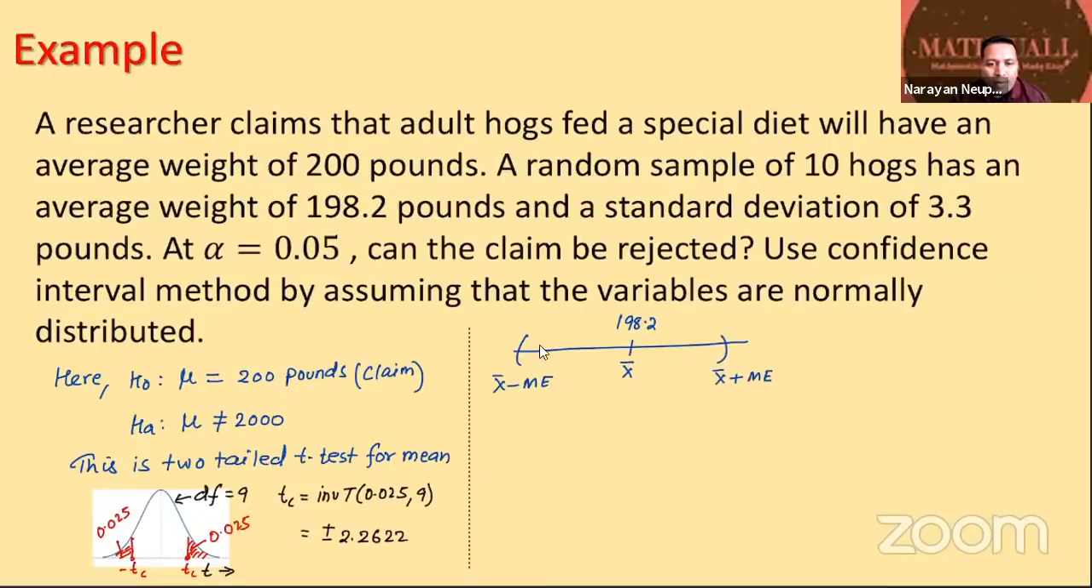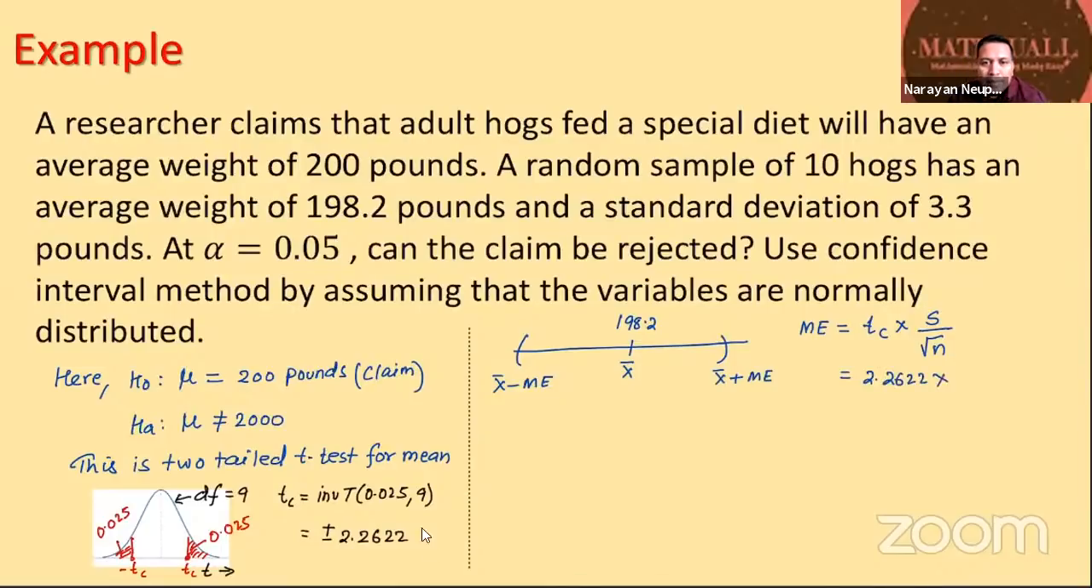To complete this interval, we need to find the margin of error. We know that the formula for margin of error is equal to T critical multiplied by the sample standard deviation divided by the square root of n. If we plug in the values, T critical we got it here. You can use plus or minus, both will work. So I'm going to use the positive value 2.2622